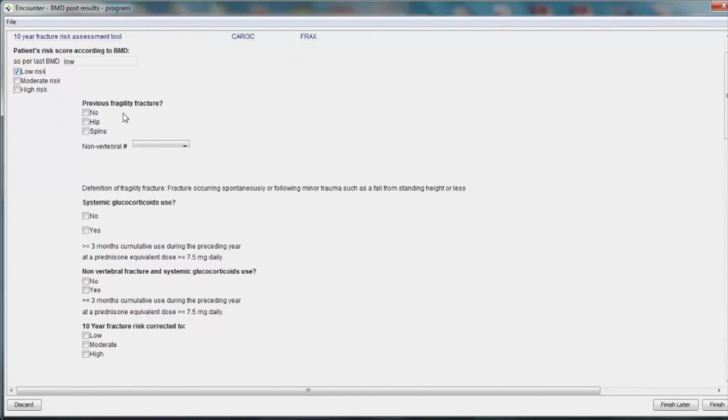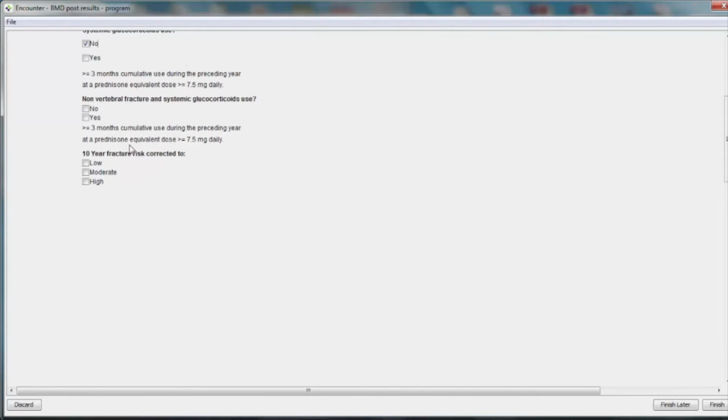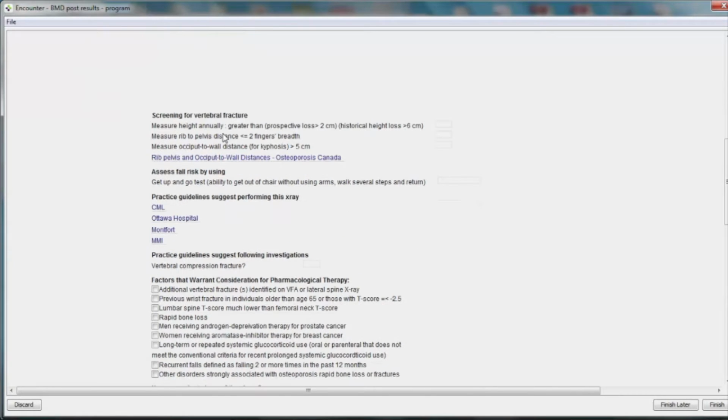And then we go through the questions. Whether she's had previous hip fracture would bring her to high risk. Spine fracture would bring her to high risk. Non-vertebral fracture, 1 would bring her moderate risk, and 2 would bring her to high risk. If she had been on steroids, so let's say our patient is in fact a moderate risk patient, we should